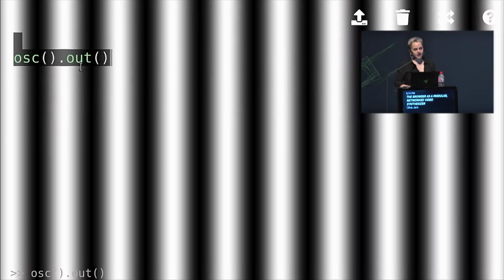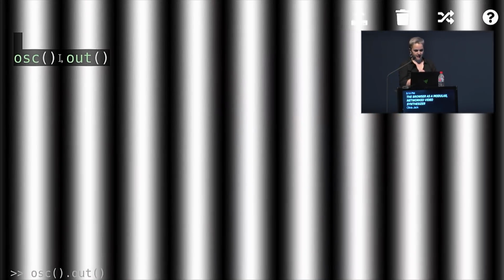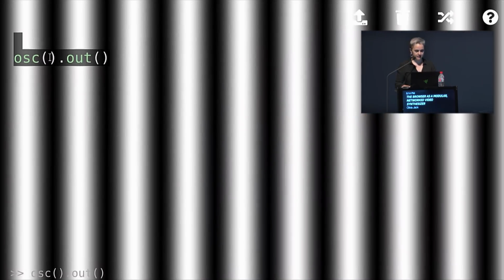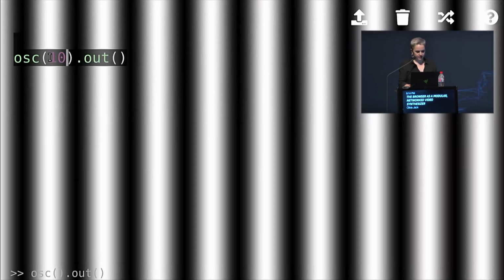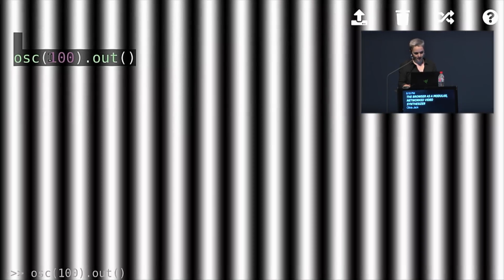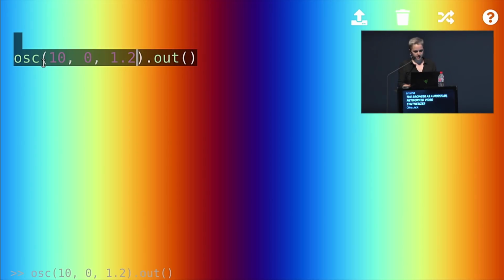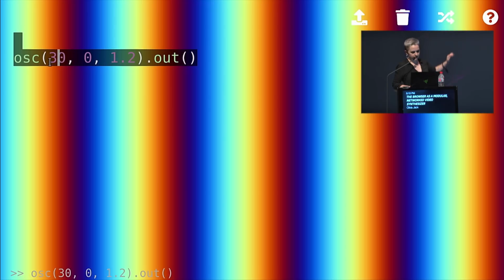I use functions to correspond to this idea of the analog modular synthesizer, and then chaining the functions as the patch cables connecting the different pieces of the analog modular synthesizer. And then the parameters here can correspond to turning the knobs of the analog synthesizer, where I can change certain parameters. And so here I'm changing the frequency of the oscillator, how fast it's moving, and how separated the colors are.